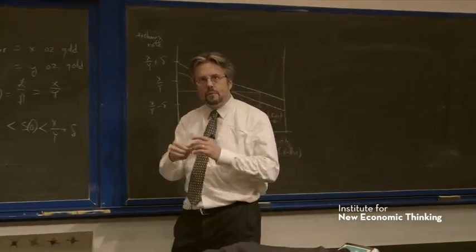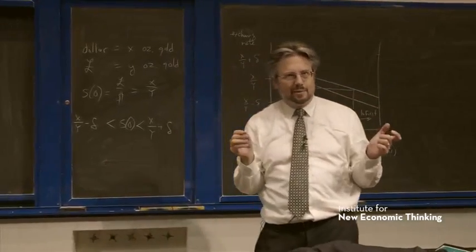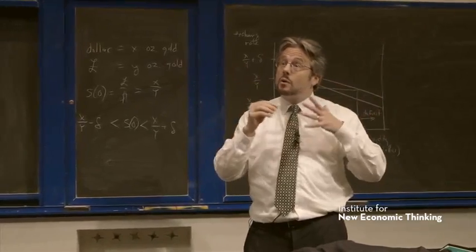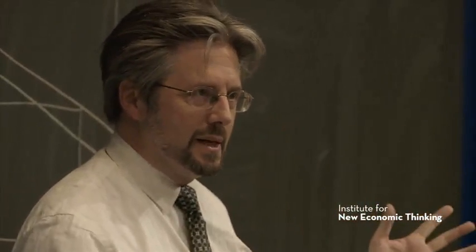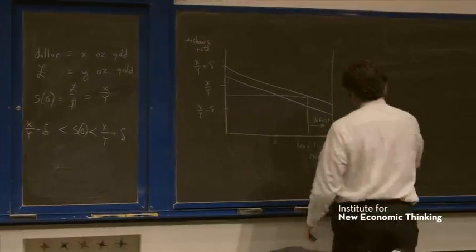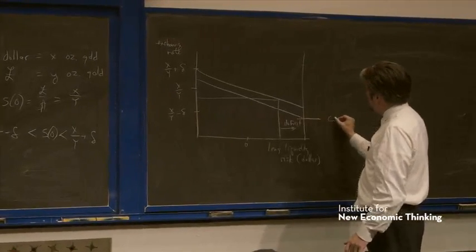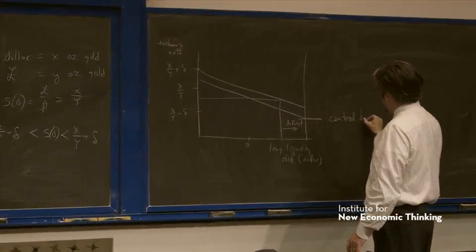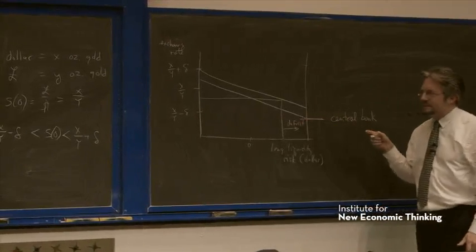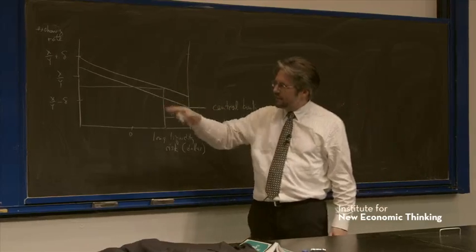Now, remember, why is the dealer willing to do this? Well, they're looking for profit, but they're also concerned about risk. What if the dollar, in fact, keeps going down? Then I'm a fool. I've just bought all these inventories and I'm now in trouble and I'm going to lose all my money. But it's not going to keep going down because there's an outside spread here where you can take your domestic currency to the central bank and get gold for it and send that to England instead. So this is the point, that the central bank in this country, the U.S. central bank,